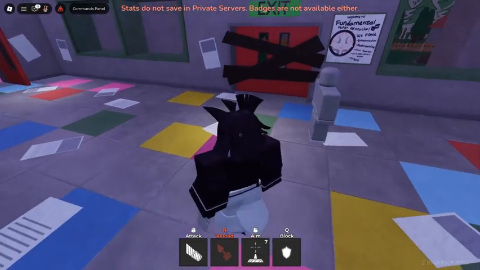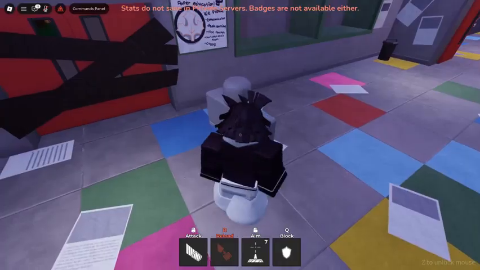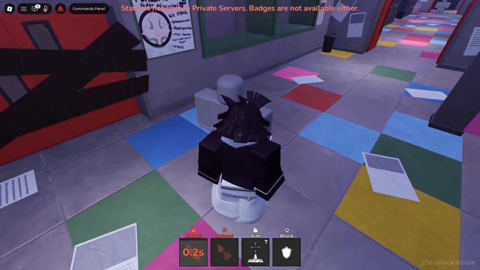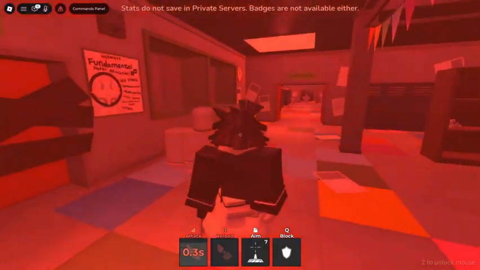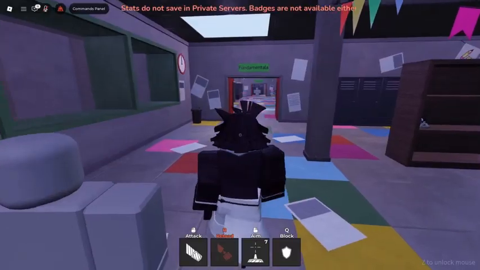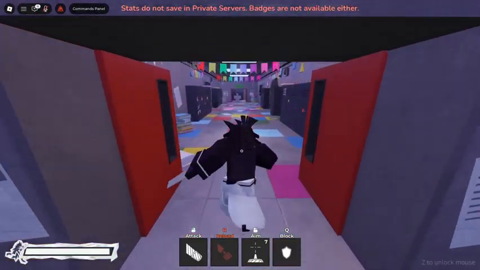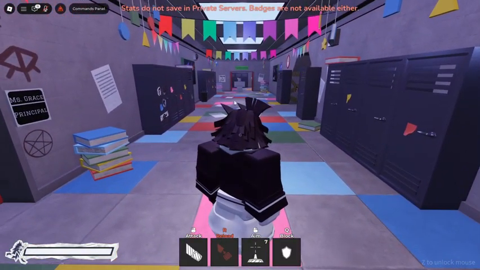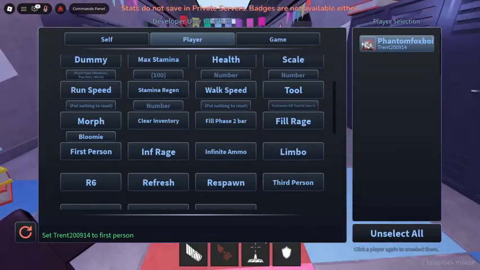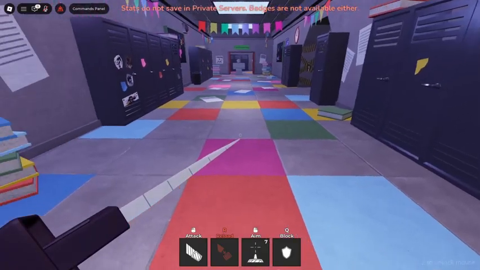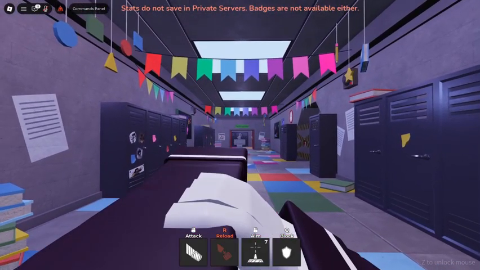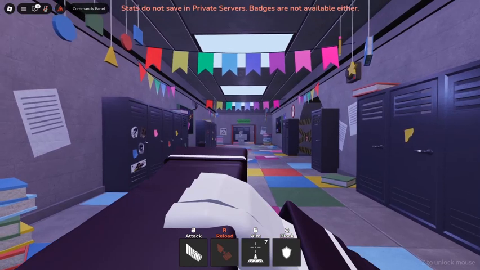Alright, so this is Miss Bloomy. Let me show you her attacks. First off, we got a slash. It's a normal slash ability. I believe that was 4 shots or 3? I don't know. I'm pretty sure that was 4. Now, for the next one, I'm going to go in first person because it's better if I do. Let me show you what happens if you get a headshot with this one. So, I'm going to aim for his head. There. Aim for his head.